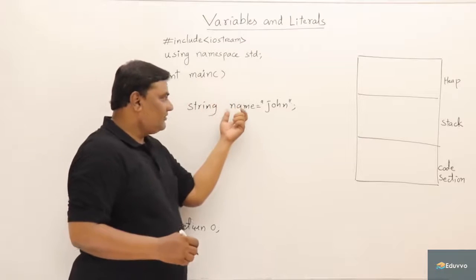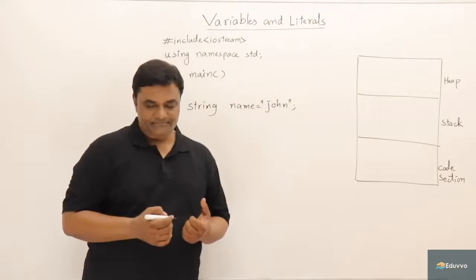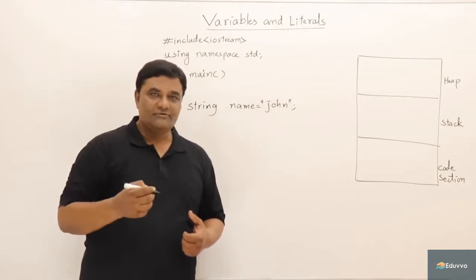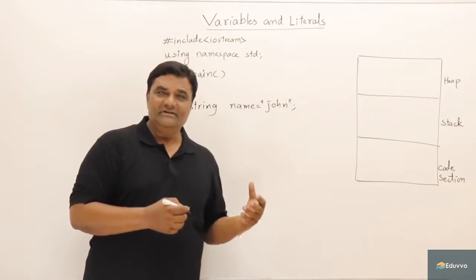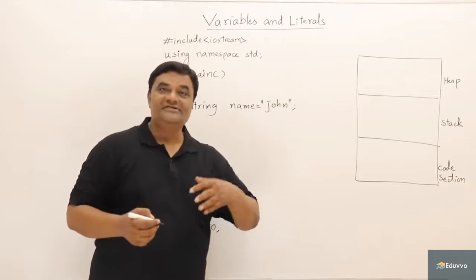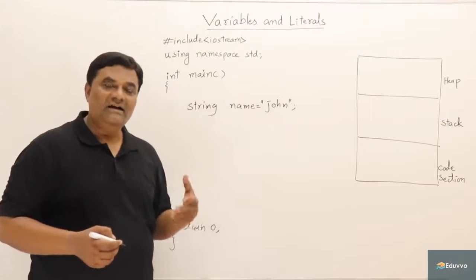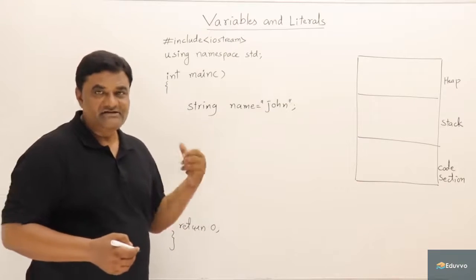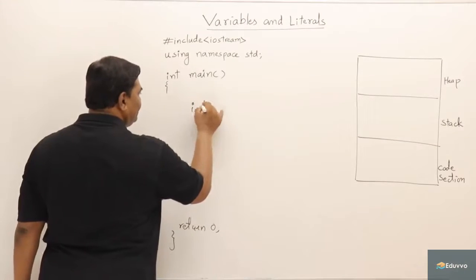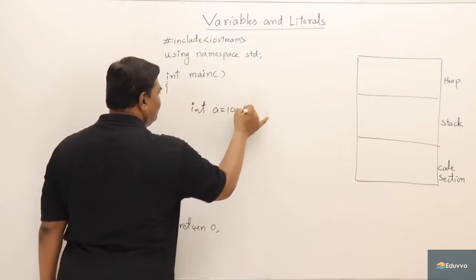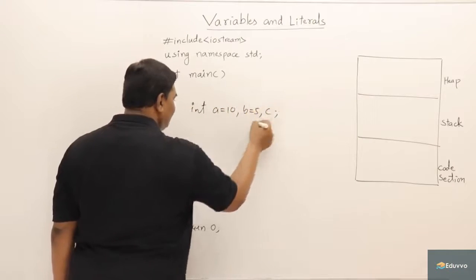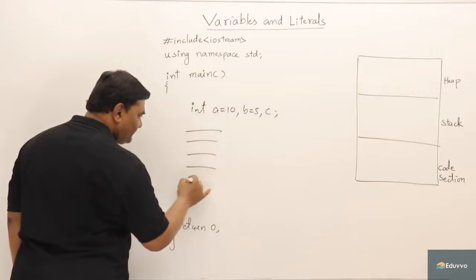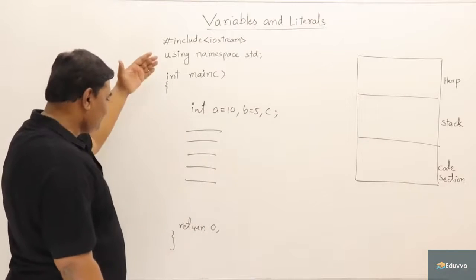So this will be creating an object, and this will be an initial value. Now one more important thing that I am going to show you: when we declare the variables and when we compile the program and execute it, then what happens in the main memory? Let us check it. If I have three variables here, A as 10 and B as 5 as well as C,